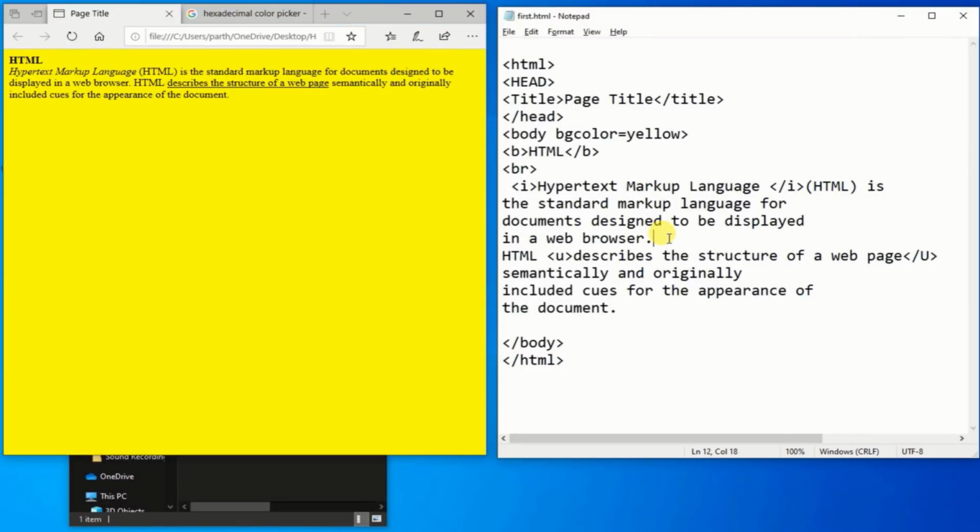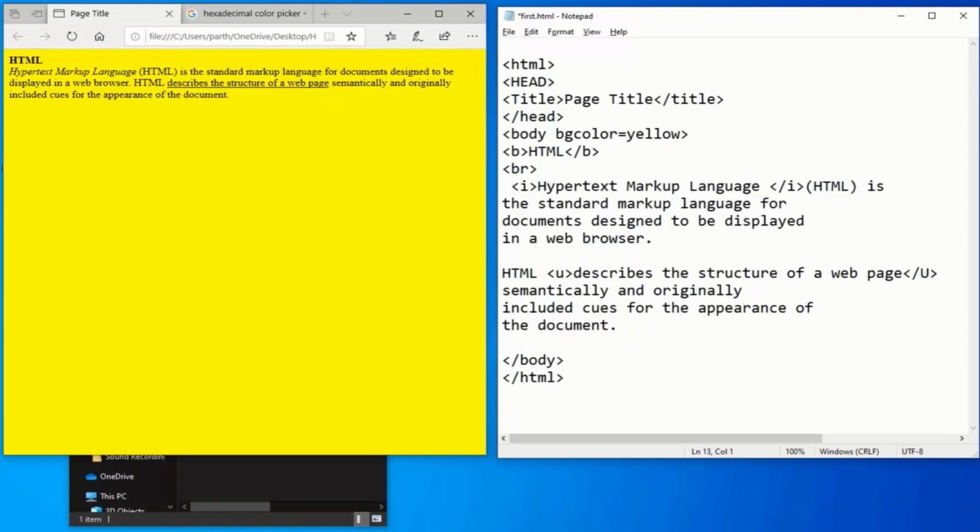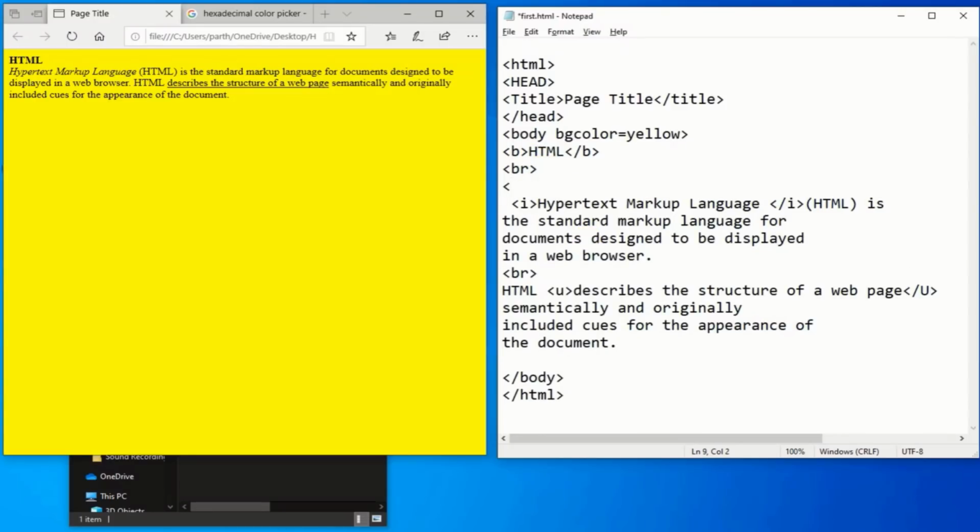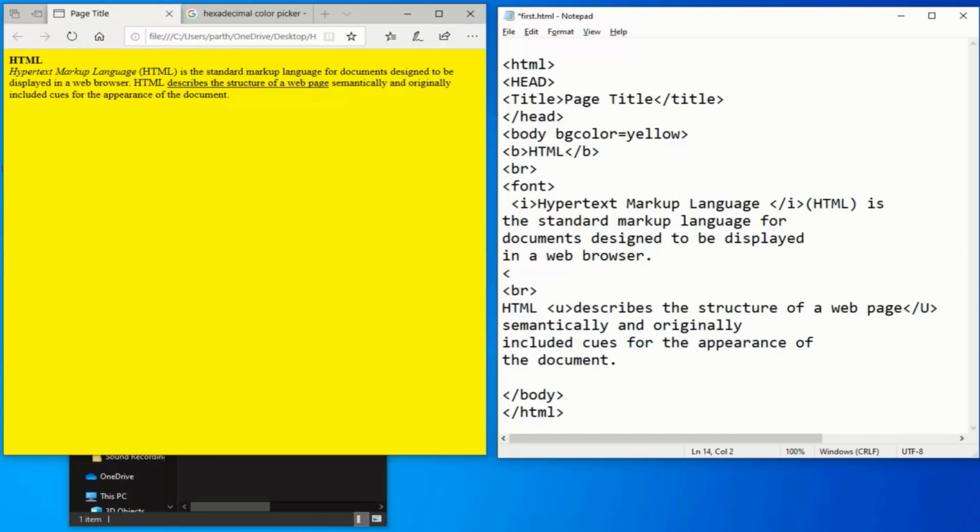Next is the font element. We are going to play with the first sentence with the font element. So we are placing the text within the font element and separating the second sentence to another line with the br tag. Now define font attributes within the opening font tag. First is size, and here we want to set the size with the value 4, which can be defined from 1 to 7 as per your requirement.